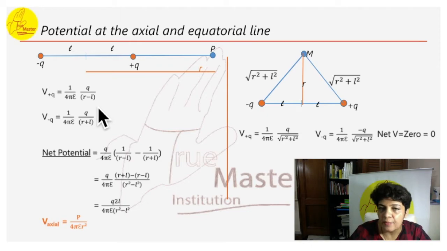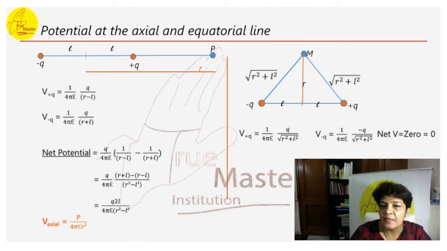So the net potential here, when we add them up, taking out the common Q by 4 pi epsilon naught, 1 by R minus L and the other one, when we add them up, we get the numerator and denominator by LCM, keeping 2QL. We are taking 2QL as the dipole moment, and we can write it as P. So ignoring L because it's very small, potential at the axial can be written as P by 4 pi epsilon naught R square.